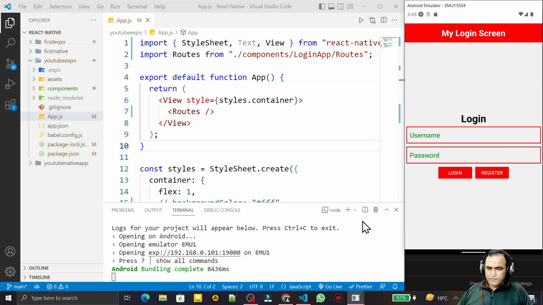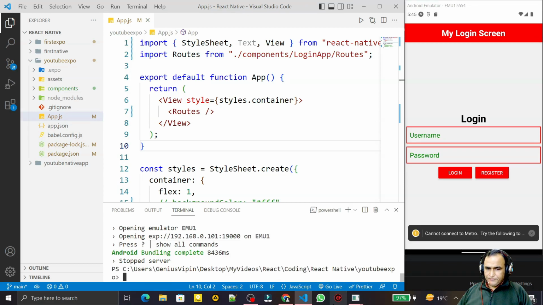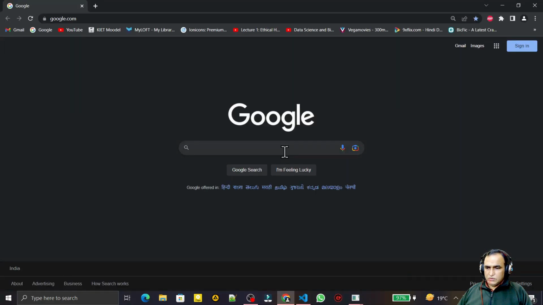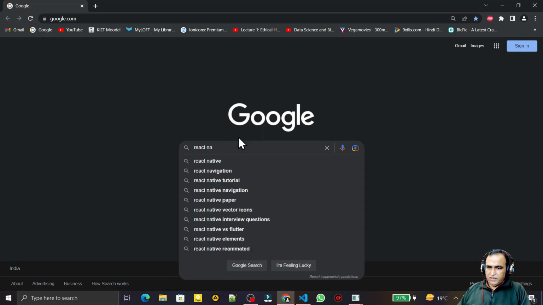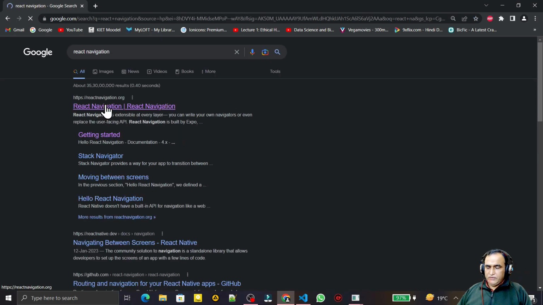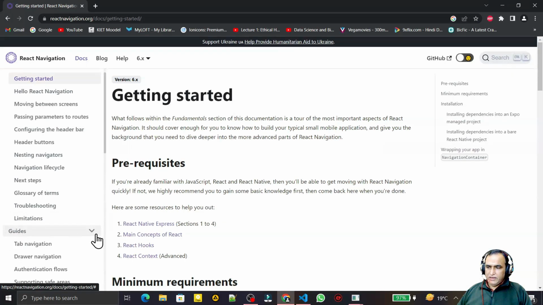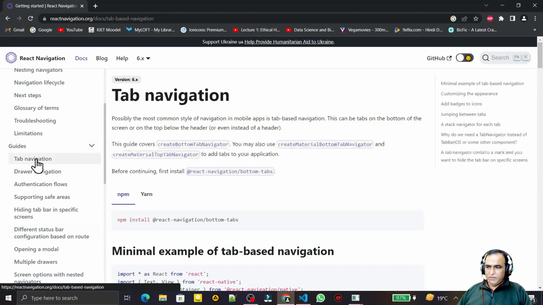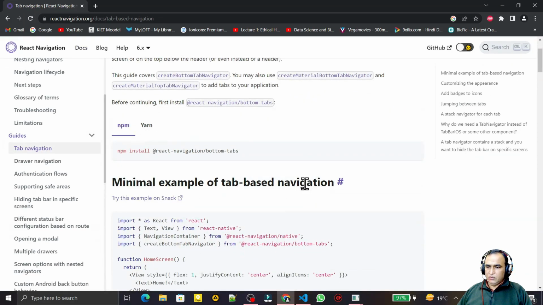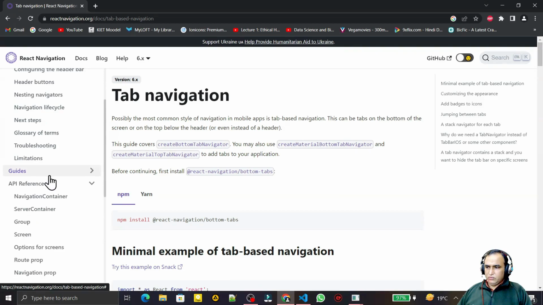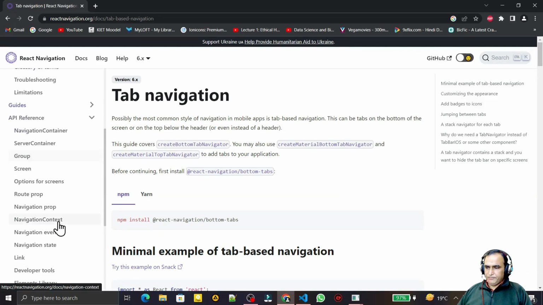So let us start. For that we have to install the tab navigation also. So I close it first of all. I'm stopping services. Now we go to the internet and I say React navigation and the first link will come. Click on it. Now we have to go to the guide here, then we have tab navigation. Like this way we can go, and we have another way to go to this. We can go to API, then we have